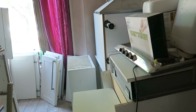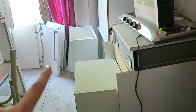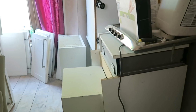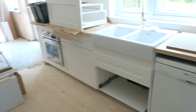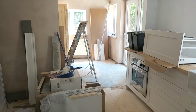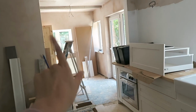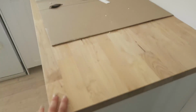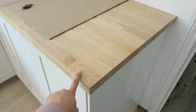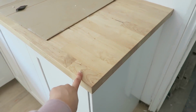The cabinets are currently being stored in the sitting room. They've got the same fronts on the doors, so I think they're gonna match pretty well. I'm just gonna change the handles. But yeah, this is kind of what the kitchen is looking like. Still in construction mode at the moment. We're waiting on a little bit of plastering in that utility space, then it is all go, and then the kitchen will be ready. But yeah, so these are the Sabadell cabinets, and this is the Karlby worktop, I think,